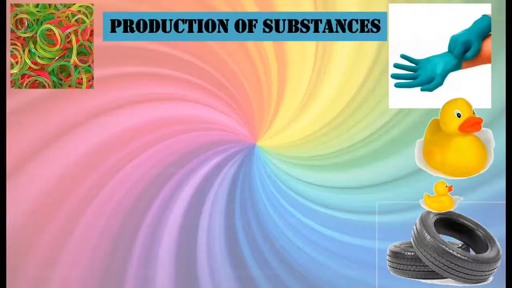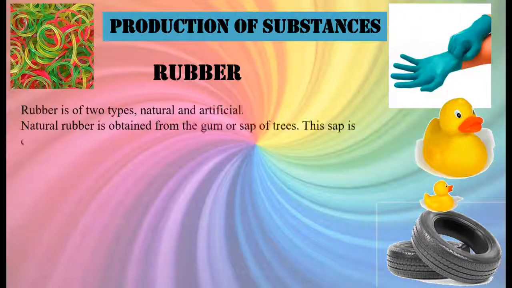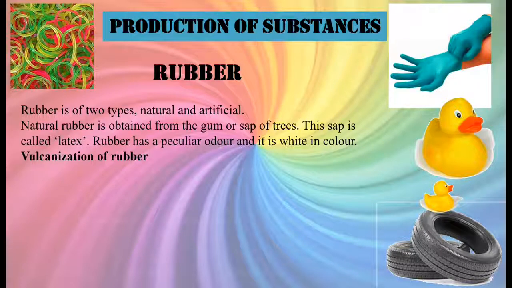Now the production of substances, the first one that we're talking about is rubber. As I told you, rubber is very important in our day-to-day life. Rubbers are of two types, natural and artificial. Natural rubber is obtained from the gum or sap of trees. This sap is called latex and the rubber has a peculiar odor and it is white in color. The vulcanization process of rubber involves